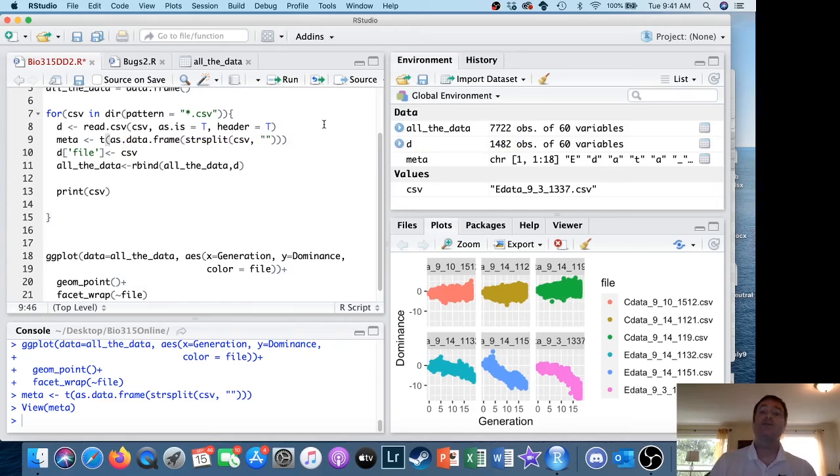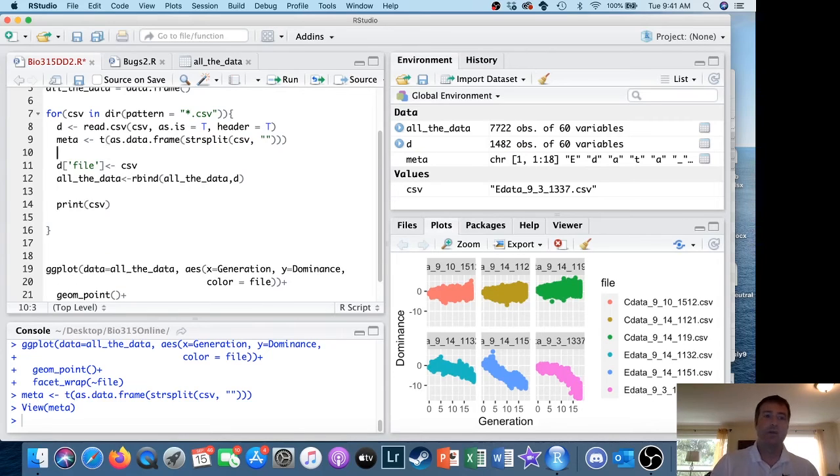We really are interested in that first character because we put those in to add metadata to each file. And we're going to create, just like we did here, a new variable in our all the data file. So we'll go D, open a square bracket, open a single quote, and we're going to call that, let's call it